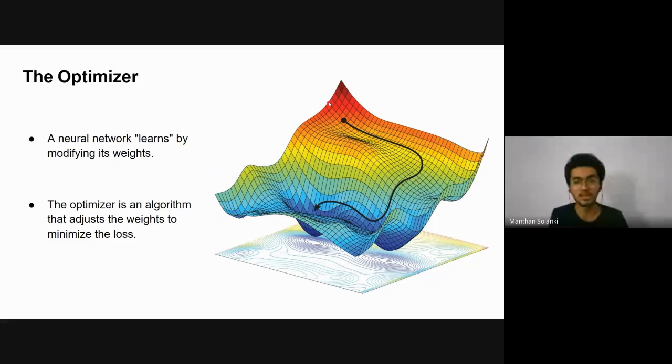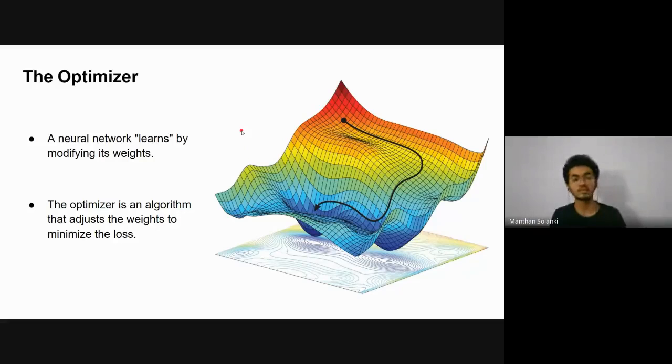Just assume that you are on the top of the mountain and you want to go downhill. What do you have to do? You have to take steps in the direction where you will go downward. This is how we update our parameters in order to minimize our loss function.